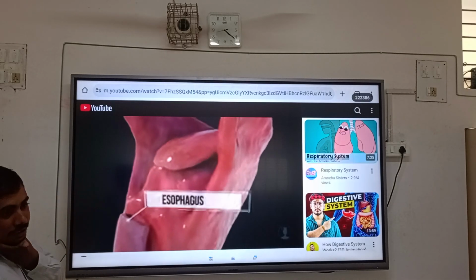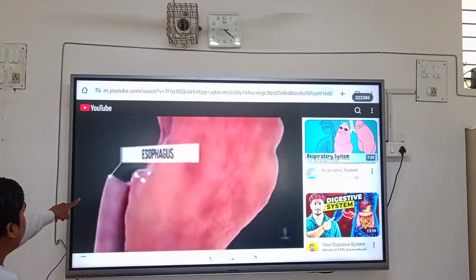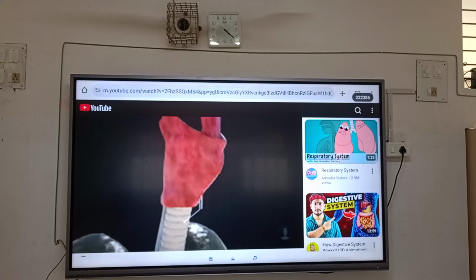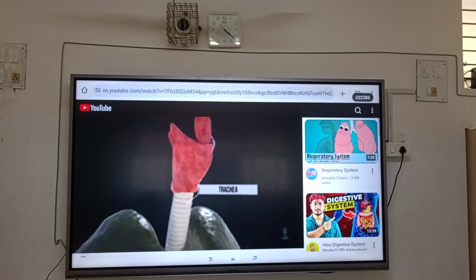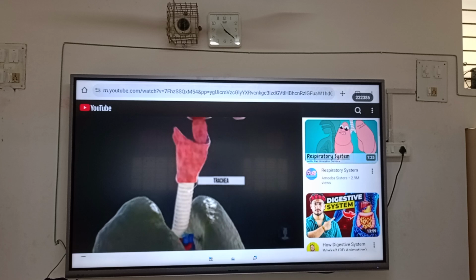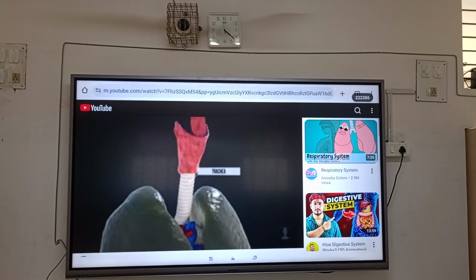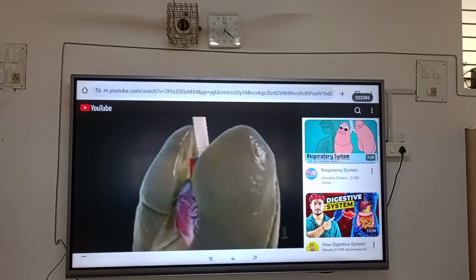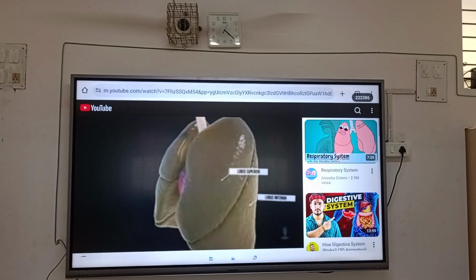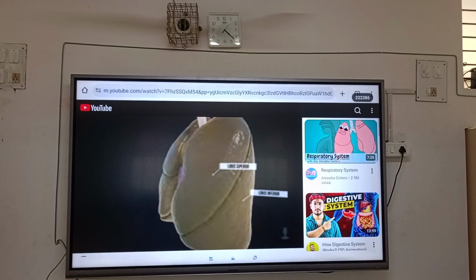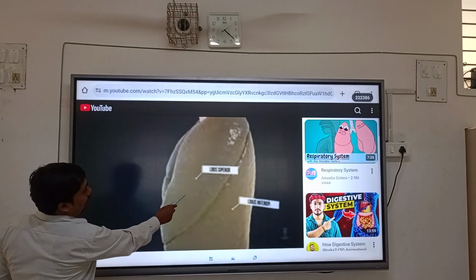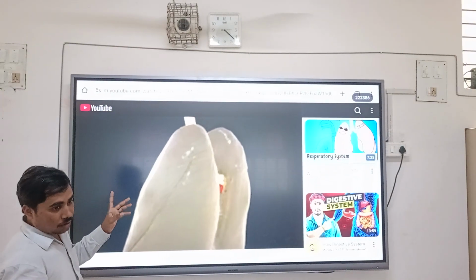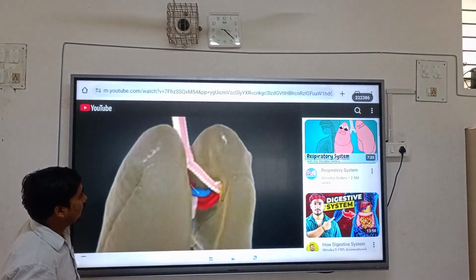The trachea, right below the larynx, is surrounded by a complete structure of hyaline cartilage. Near the heart, the trachea branches into two main bronchi. The main bronchi lead to the left and right lungs. The left lung has only two lobes, upper and lower, whereas the right lung has three lobes, upper, middle and lower. The centrally located heart pumps